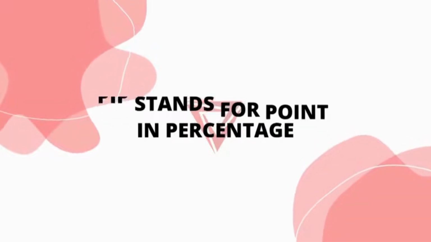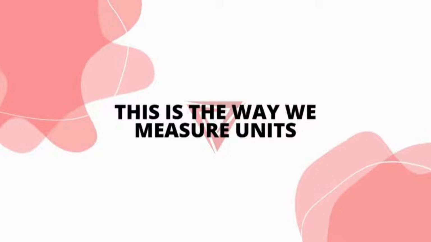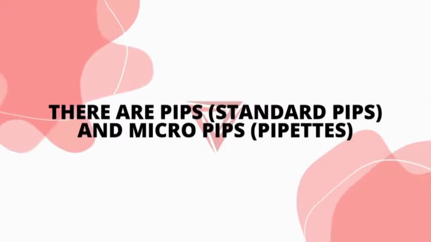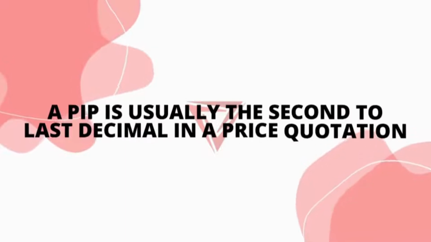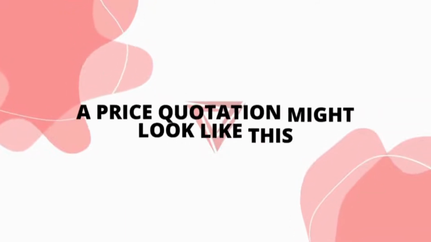What is a PIP? PIP stands for point in percentage. This is the way we measure units. There are pips and micropips. A pip is usually the second to last decimal in a price quotation. A price quotation might look like this: Euro USD